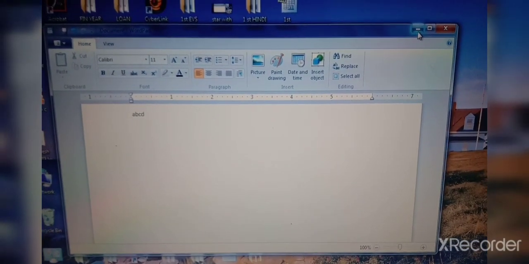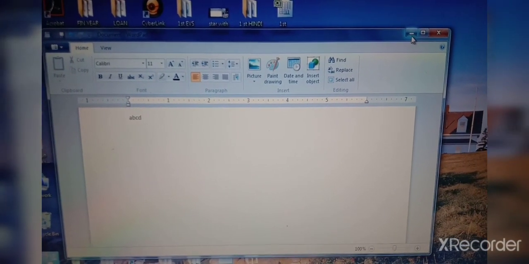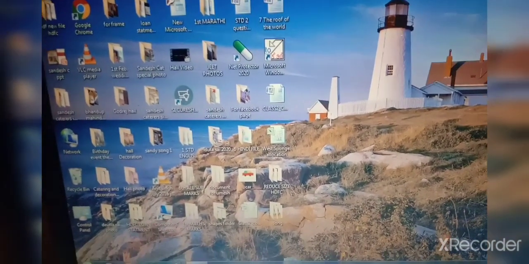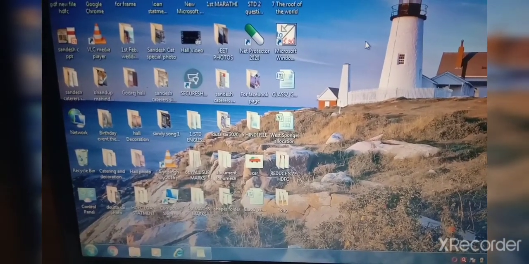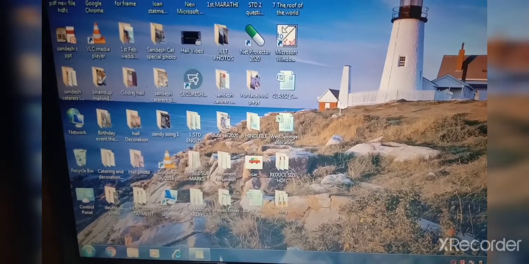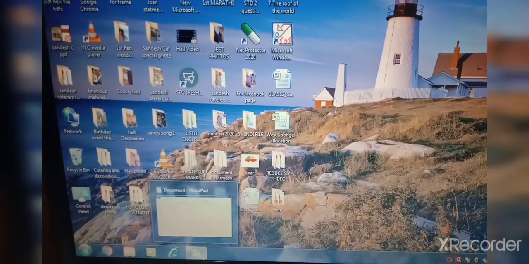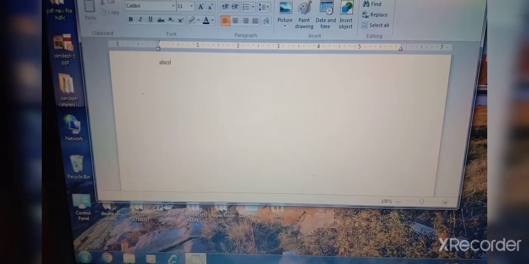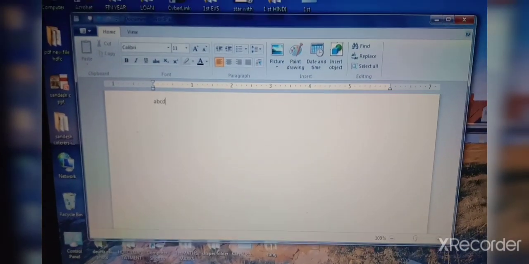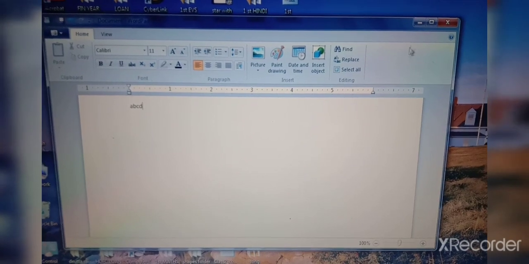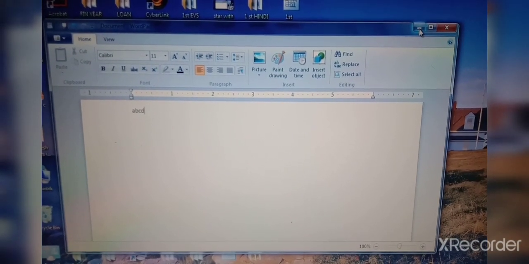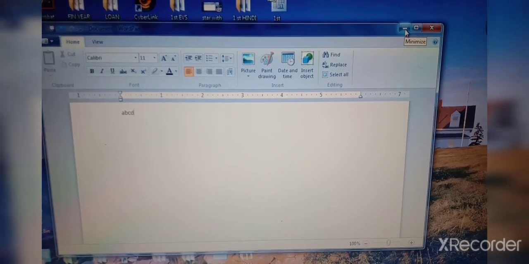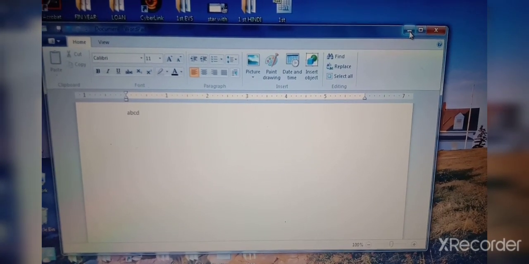See, when I click on this button, what will happen? You can see it will go on the taskbar. It gets minimized. See, here is your WordPad. Click on this again. This is your WordPad. So when you click on this minus sign, you can minimize the WordPad screen.